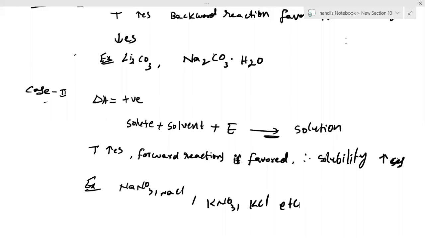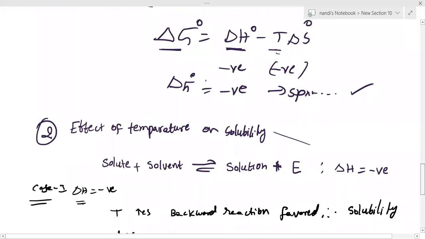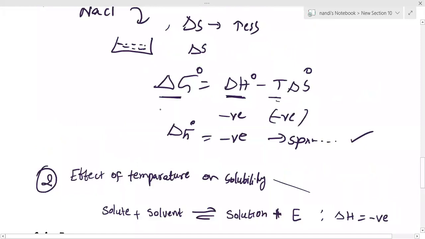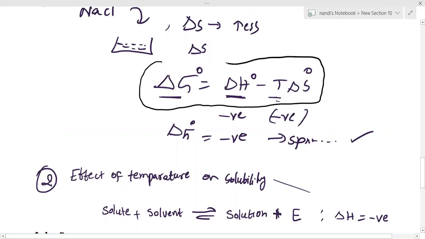I can explain all these concepts. There's no need to know about Le Chatelier's principle. If you know at least this relation, you can try it. Everything we have covered up to this point is only with respect to our chemistry. Any reaction is feasible in the forward direction or backward direction, everything.